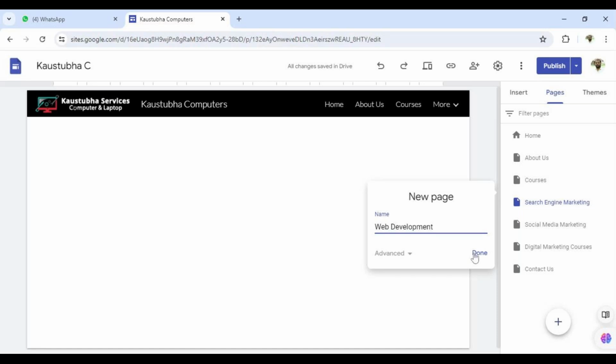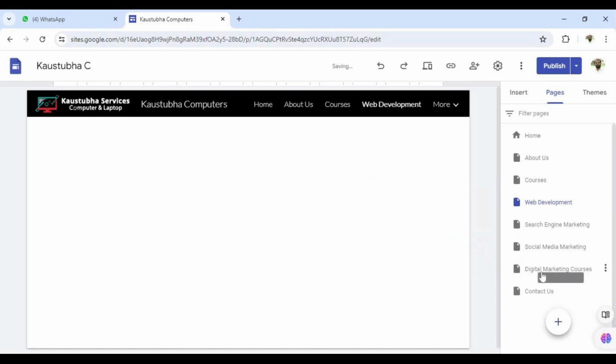Like this you create. But now which one has to come first? Google digital marketing has to come first. But whatever I've written here, like web development, search engine marketing and social media marketing, everything